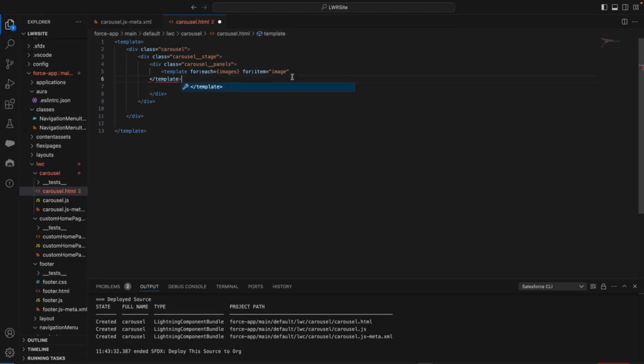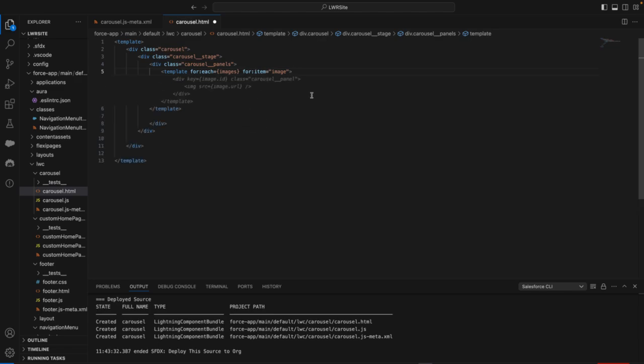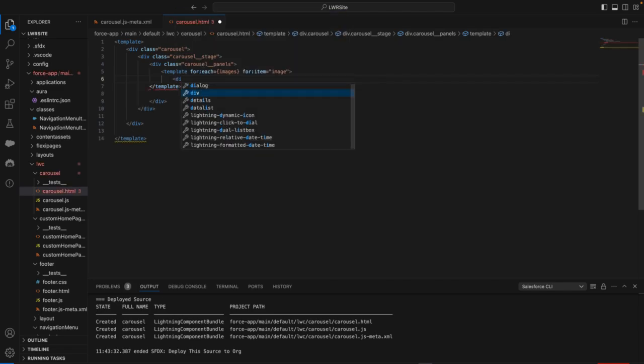Template. Okay, I haven't closed here, so that's fine. Now for each item image, inside the image we will go with the div, and let's name this as